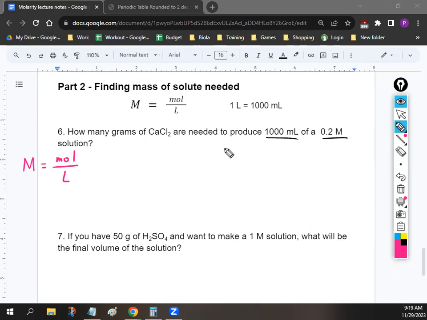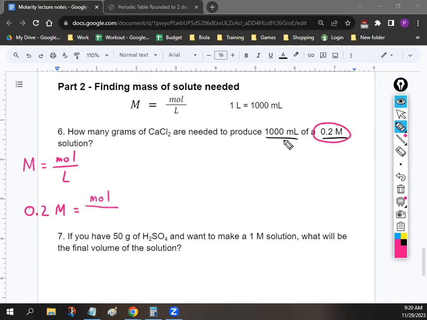Alrighty, so what we're gonna do is we're just gonna plug in the numbers that we have into this equation. So if you guys notice, we have molarity, right? It's 0.2. So we're gonna plug in 0.2 for the molarity, capital M, is equal to, and if you notice, we don't have anything for moles yet, right? So let's just leave that as moles for now. So we're gonna put moles on the top, divided by